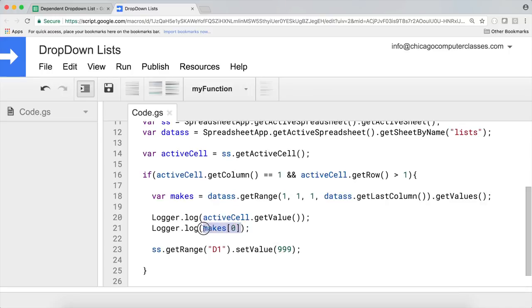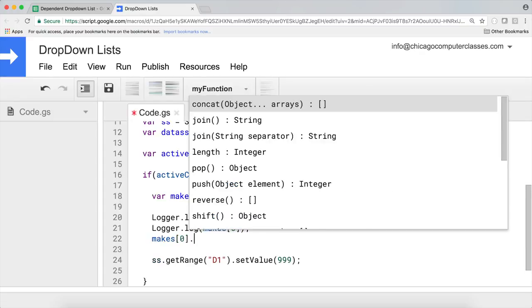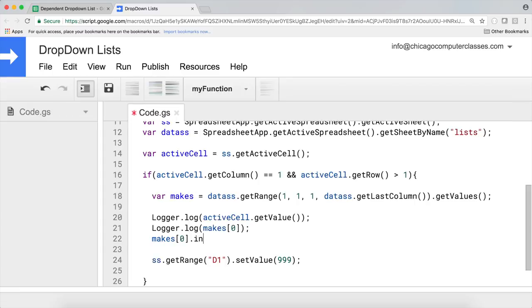What we can do now, we can use this makes thing. We can use this. That's an array, which means it has our indexOf method on it, which basically is going to search for something in that array and give us the position. So I'm going to copy that, paste it here,